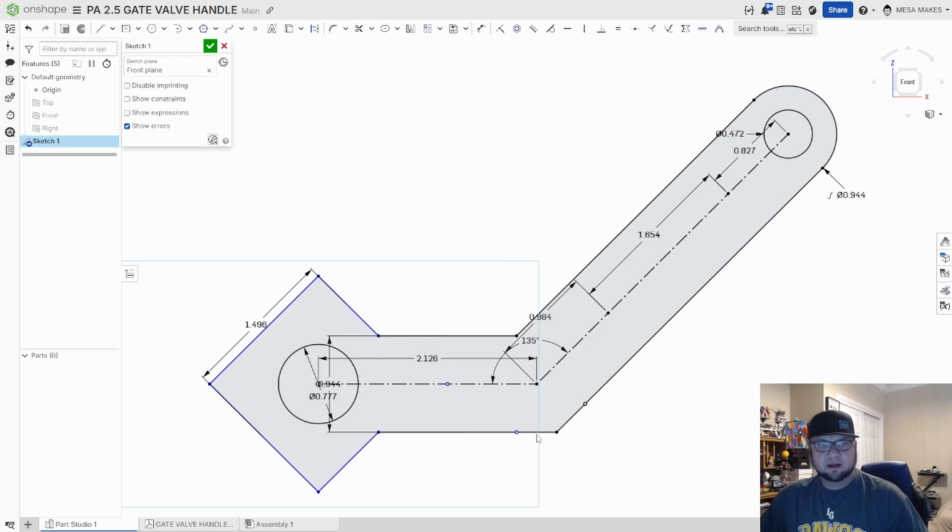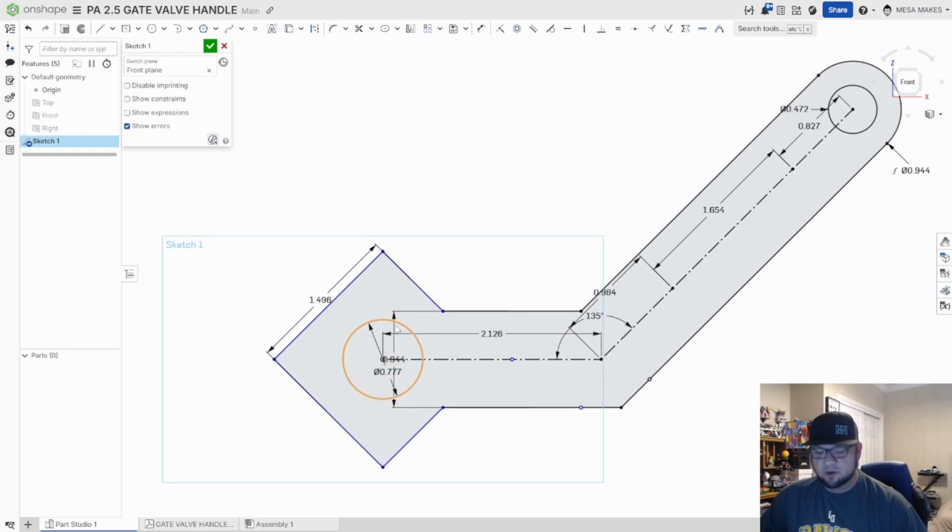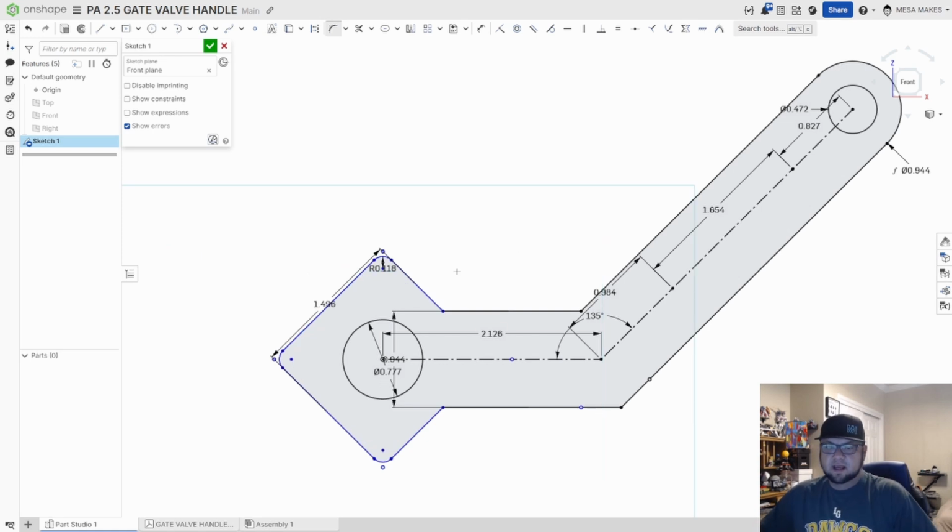So while we're talking about it, let's do our corners. On this square here, our aligned rectangle, that needs to be a radius of 0.118. So Shift and F here, here, and here. 0.118. We'll say okay. And then down here in these corners here, these need to be